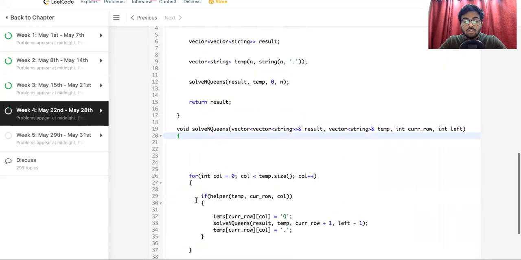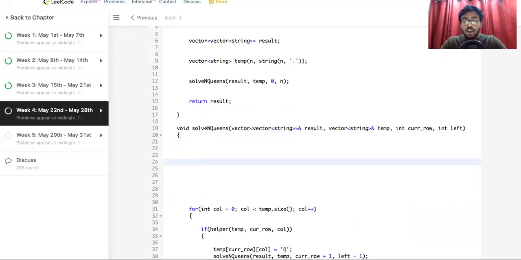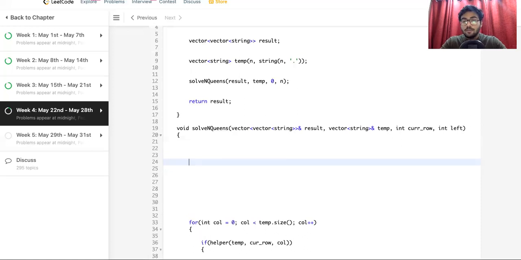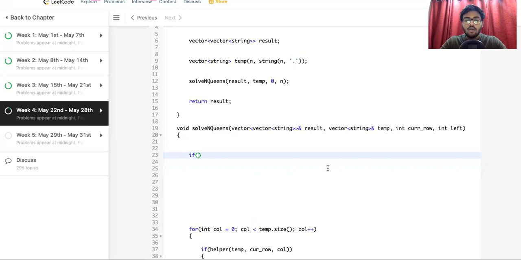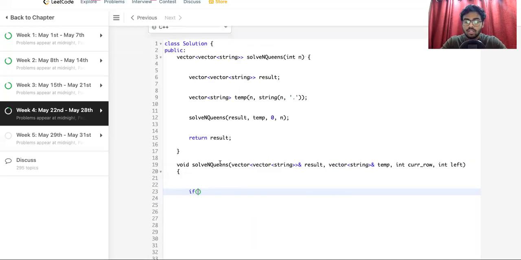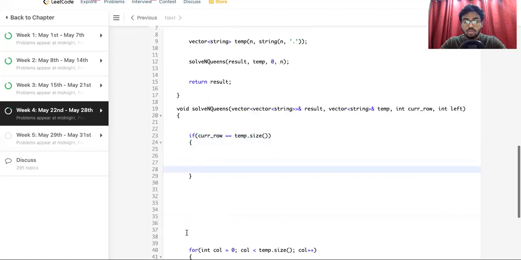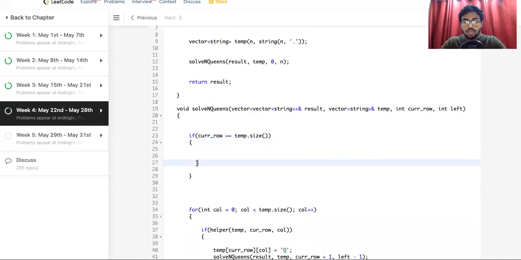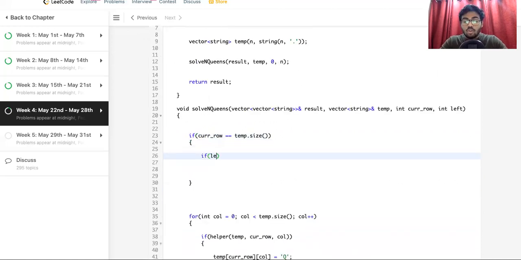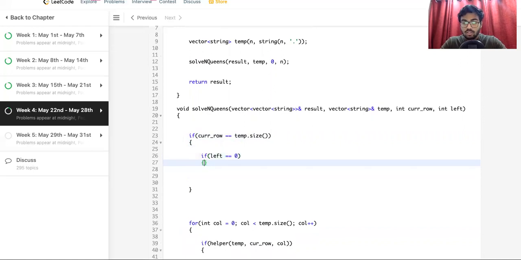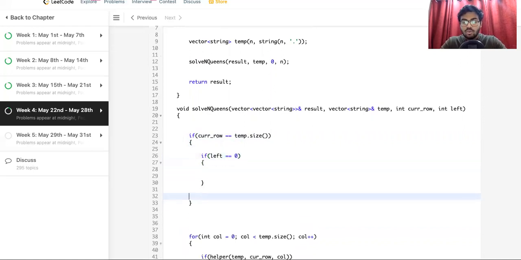Now we also need to check the base condition of putting the answer into the result vector that we have created. For that, we check if current row is equal to temp dot size. If it becomes equal to the size of temp, that means no more queens are left. If queens are not left, then we simply